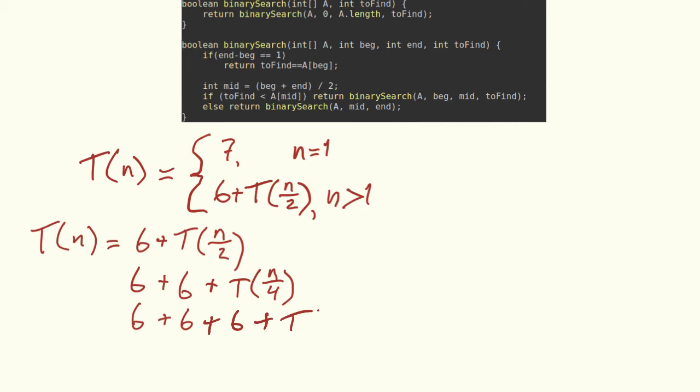Plus t of n over 8. And now we can number these. There's 1, there's 2, there's 3, and what we need to do is get to the ith line. And so we can see the first part of the pattern is fairly obvious. It's just the same as it was before. There are i 6s, so that's going to be